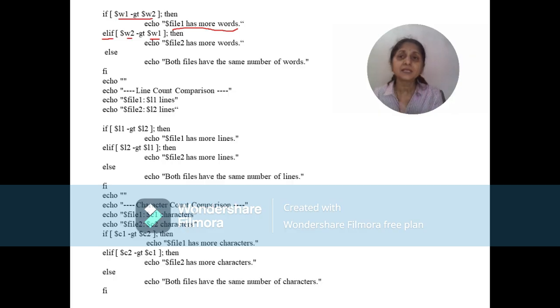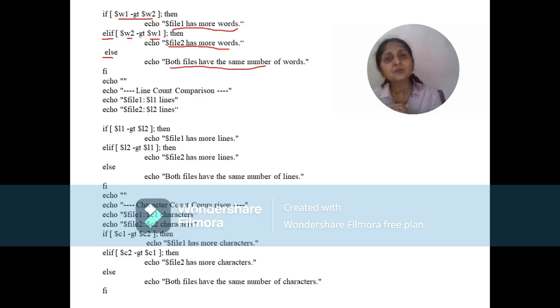If the condition is true, then we say file 2 has more words. If this condition is also false, it simply means that W1 is equal to W2, and we don't have to check that condition, but directly we come to the else part and we display both files have the same number of words. So we have compared the words.